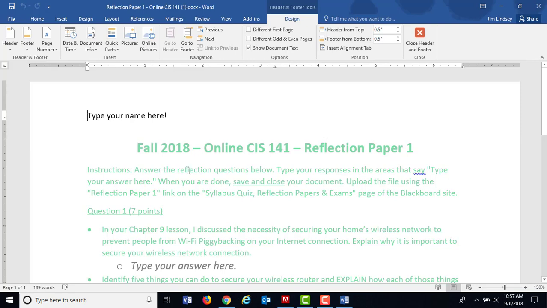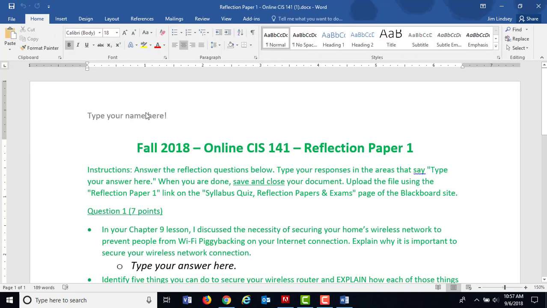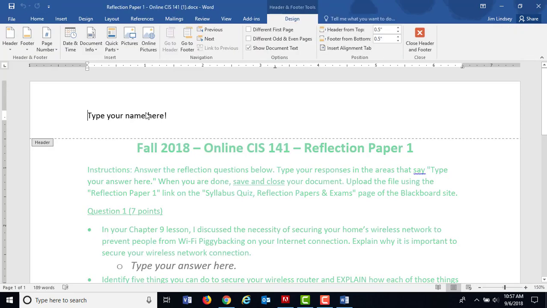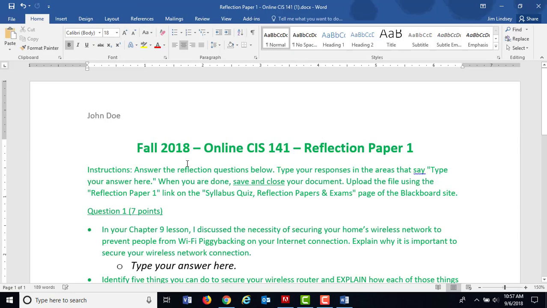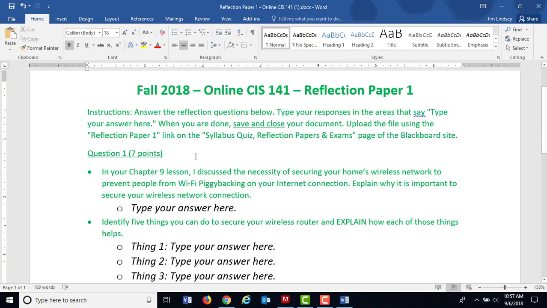Again, let me come back down here. With my left mouse button, I'm going to click up in here, and then I select that, and I'm going to put John Doe. John Doe is working on, you put your name, of course. But please don't type John Doe. And then down here, it says, hey, this is a reflection paper. This is your first. There are going to be a total of 5. And the instructions are,